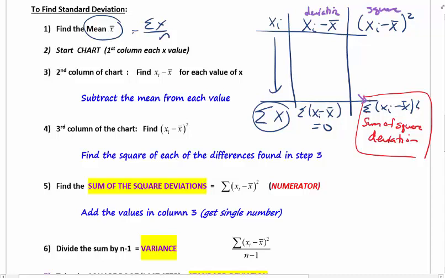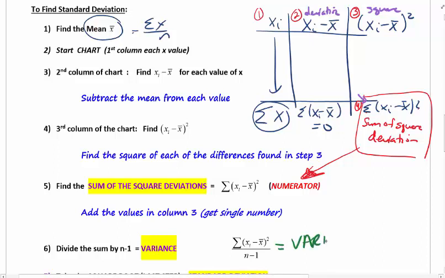So you'll see here, we're going to start a chart, and I've actually listed out. This is step 2. We're going to first start off with step 1, listing all the values out. Step 2, we subtract off the mean. Step 3, we square those values. Step 4, we take the sum of that value. That's, again, right here. This is the sum of square deviations. It's my numerator. Once I get that, I am going to divide by n minus 1, and this is called